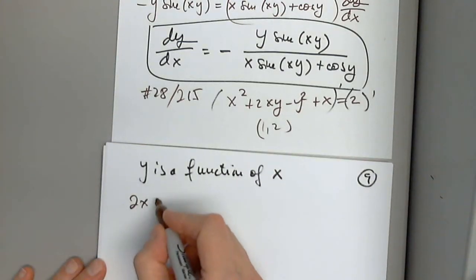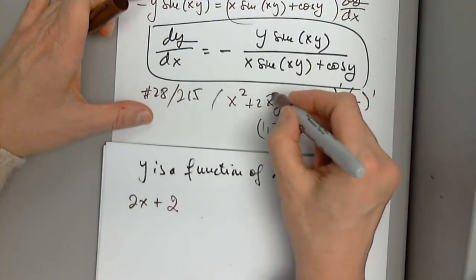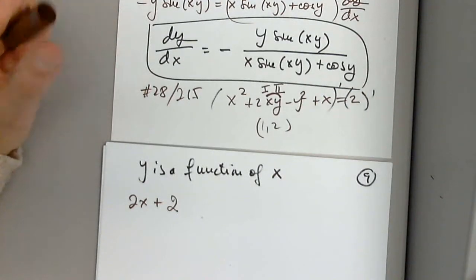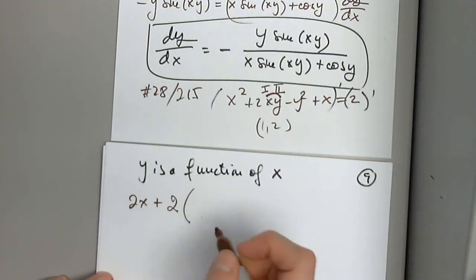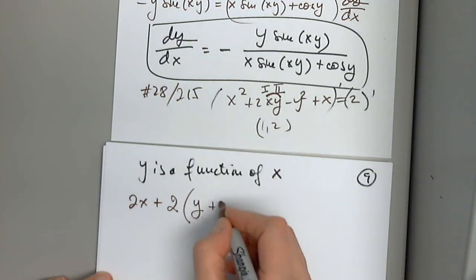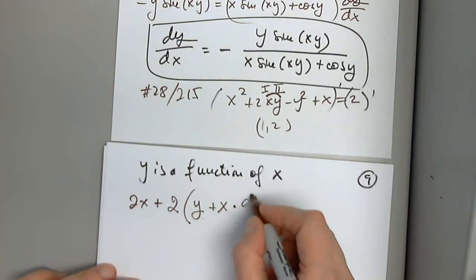Awesome. Plus, now be very careful, 2 stays outside, but this is again a product. Function 1, function 2. Careful. In parentheses, x prime is 1 times y plus x times, excellent,